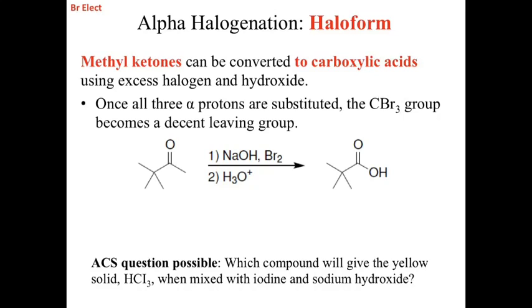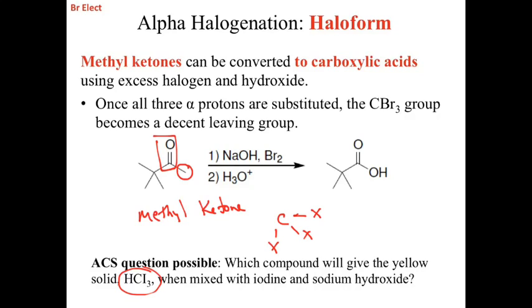So it's that HCI3. Okay. Well, this reaction really only works if we have a CH3 next to a carbonyl, also known as a methyl ketone. So if a methyl ketone is present, we can form that really good leaving group with our carbon XXX,